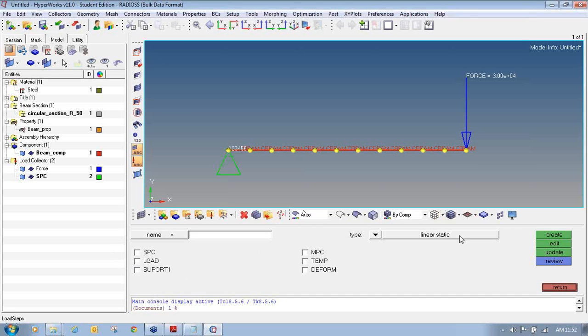So as I have only defined 2 load collectors, that is force and SPC, I will define here, check the box in front of SPC and load, and select the SPC as SPC, that is single point constraint, and load as force. Enter the name as beam bending. So I have entered the name as beam bending and selected the SPC, that is single point constraint,